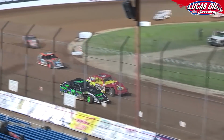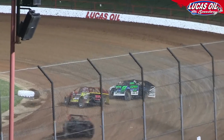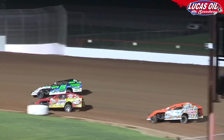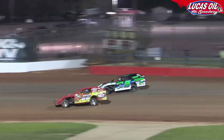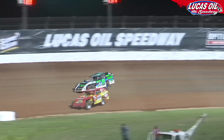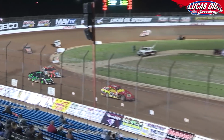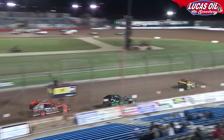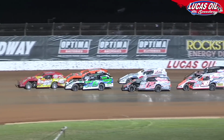McGowan now pulls up alongside your race leader. Dylan McCowan trying to hold him off. The 121 of Tim Phillips trying to race his way back in, but the top spot is going to go to Brian McCowan as he barrels into turns 3 and 4 now, taking the top spot away from the youngster from Urbana. And Eric Turner got sideways over in turn 3 and 4, spun all the way down into the grass, and his